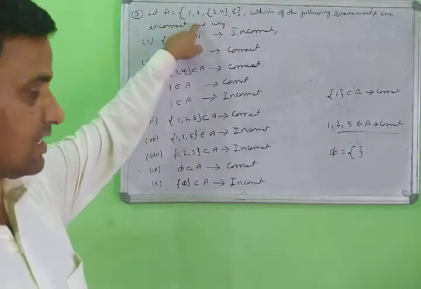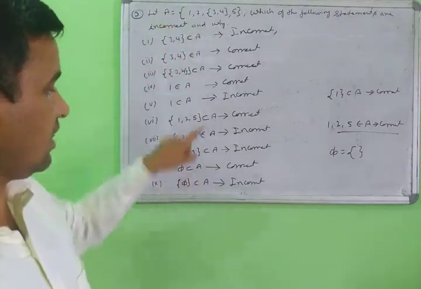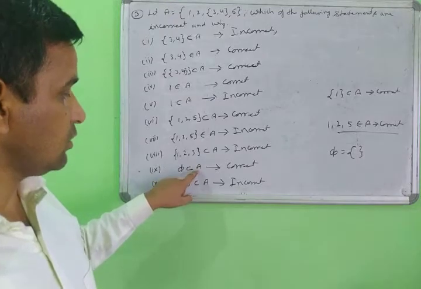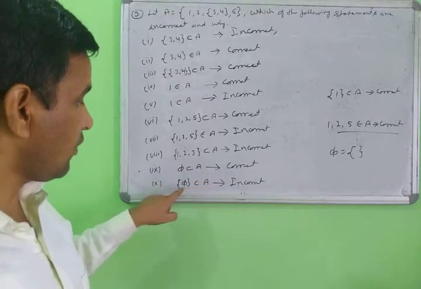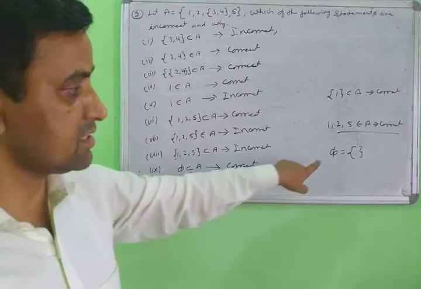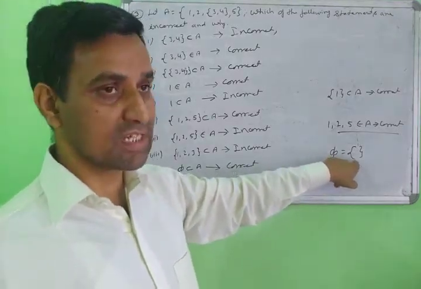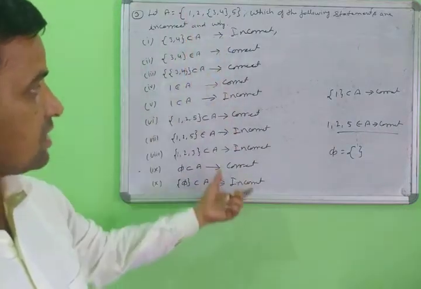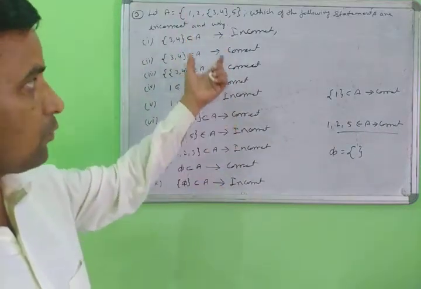The empty set is a subset here; it is not an element here. Then the empty set is a subset of A, and you write this as the correct form. When you try using the curly bracket here, then it is the incorrect form. This is the correct value of the null set. Then this is your answer: which is correct and which is incorrect, and why.